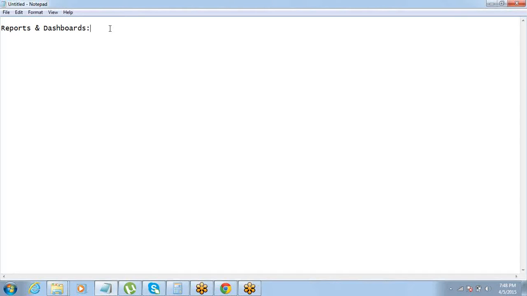So Salesforce by default has some functionalities available for us to create reports. It has a report builder, and it also has a report scheduler, which can generate the report on the defined frequency and send it to the designated people, and they can receive it on the defined frequency. Like a weekly report or a monthly report can be scheduled, right? So I think we all understand what a report is.